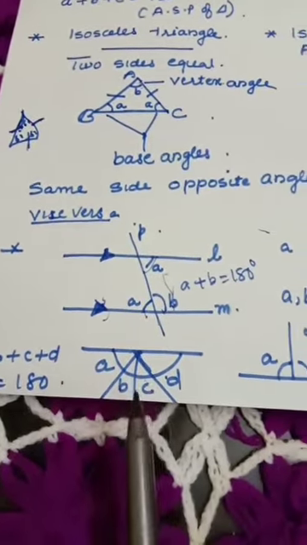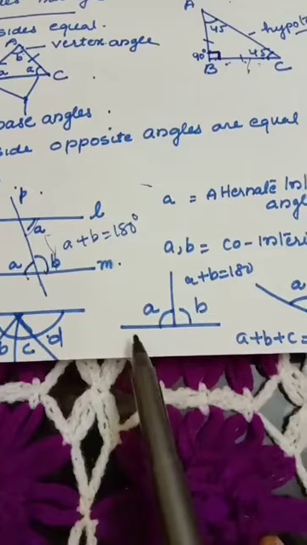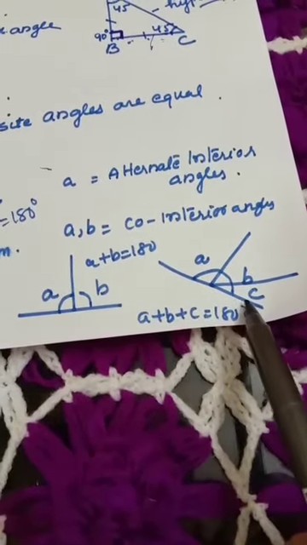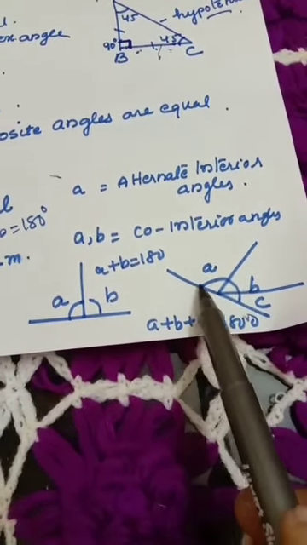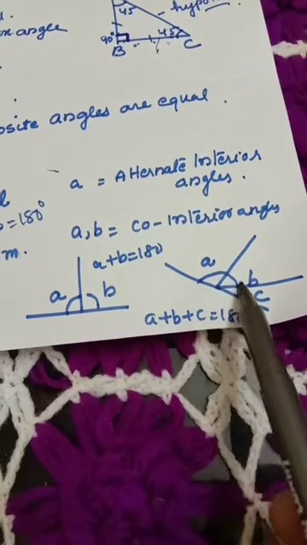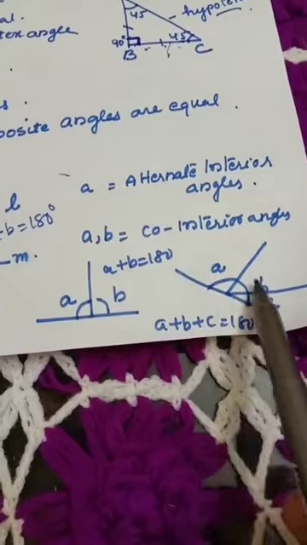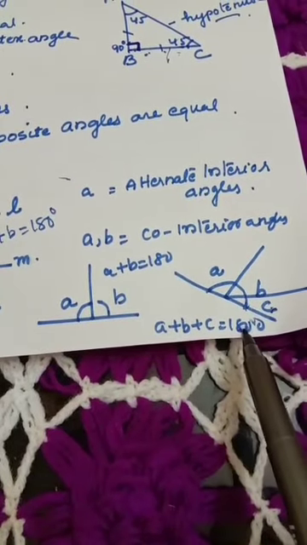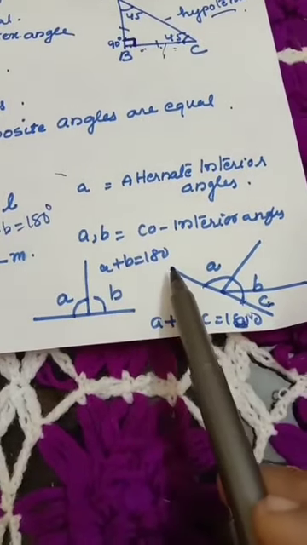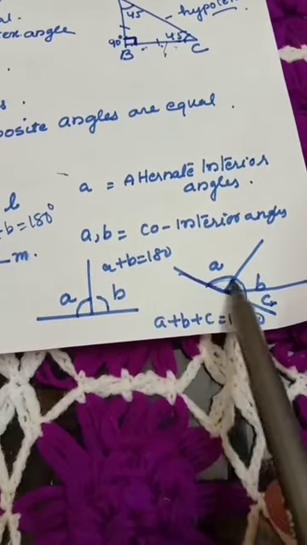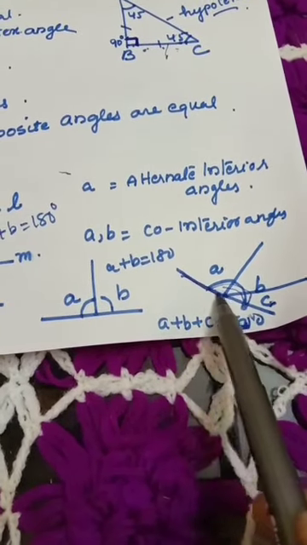Next, this is the parallel line notation, the darkened arrow. Now, straight line. You can see these are straight lines. Straight line angles are always 180. No problem how many angles there are. If three angles are there, you add these three angles and you get 180 degrees. Always it will be 180 degrees when these angles lie in a straight line.